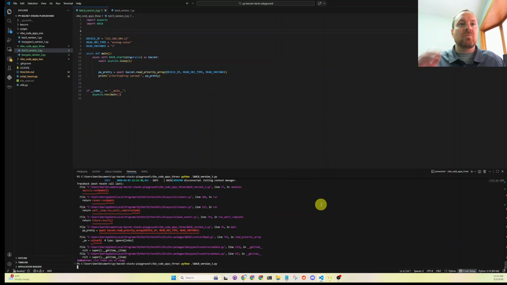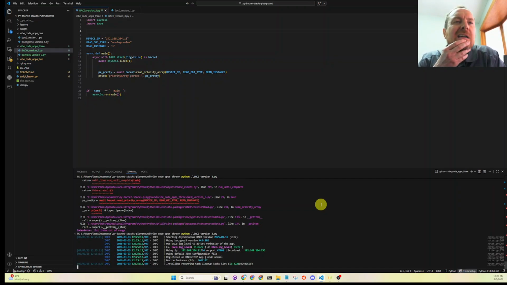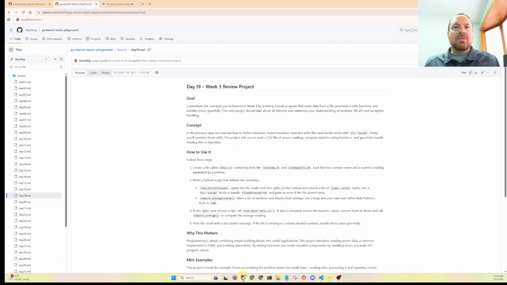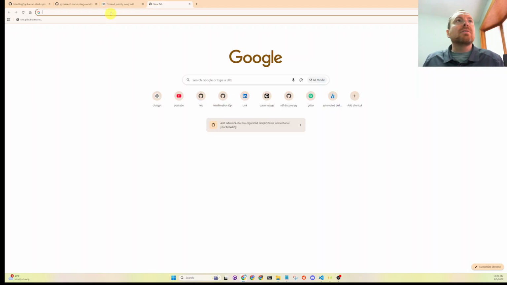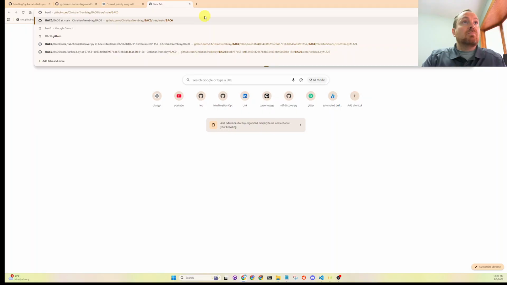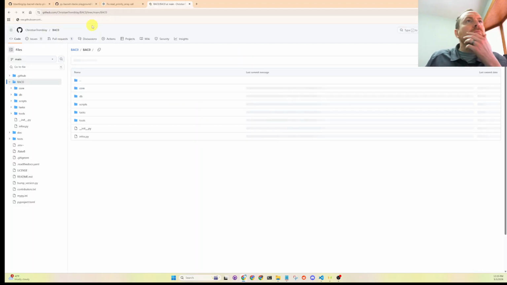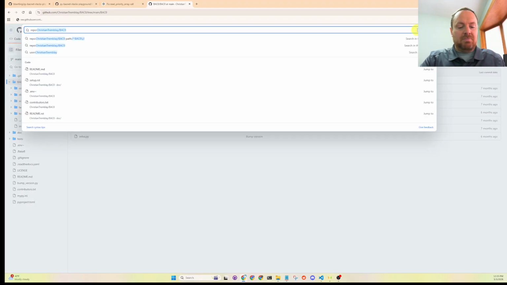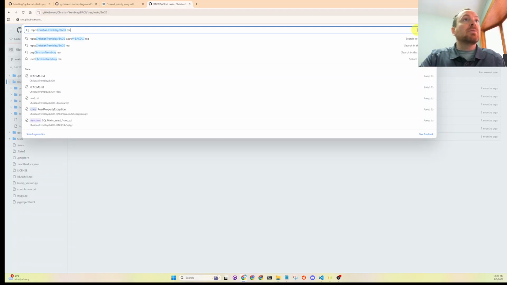I don't think I'm too satisfied with what I'm getting out of ChatGPT. So I think I might even, let's check Gemini. Okay, so if we go to read priority array,